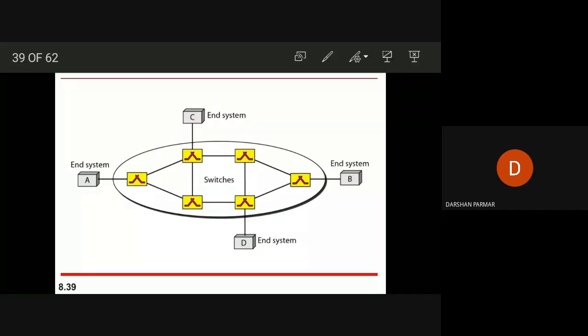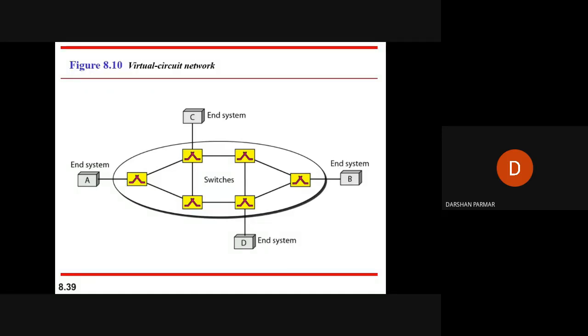So a source A, or you can say end systems, can be your mobile phone, your phone, your personal computer, or a laptop. This type of network you can see in the virtual circuit network, and a particular path will be decided according to your best fitted path, or you can say the shortest path, or the one which has the minimum delay will be chosen by your network.